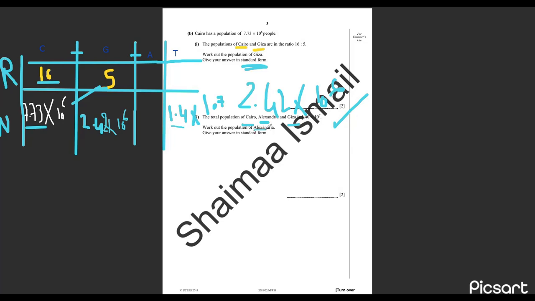So work out the population of Alexandria. It's easy, because we have to get the total minus the Cairo plus Giza. So what we do on your calculator: make 1.4 times 10 to the power 7 minus 7.73 times 10 to the power 6. You can protect this with a bracket, but it's fine if you don't, though I prefer you protect the multiplication here in a bracket. Some calculators may get it wrong. And minus again the answer, minus 2.4 times 10 to the power 6, will give us a final answer of